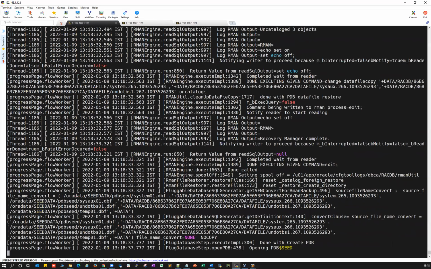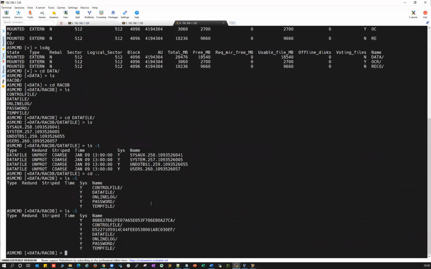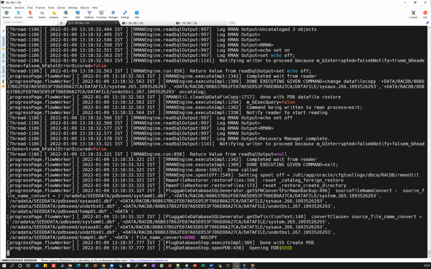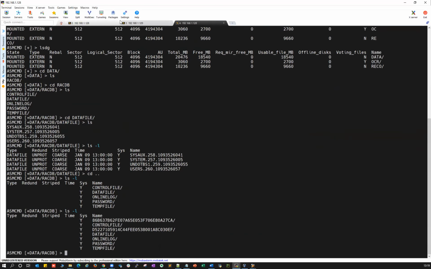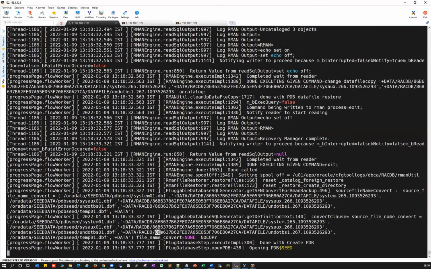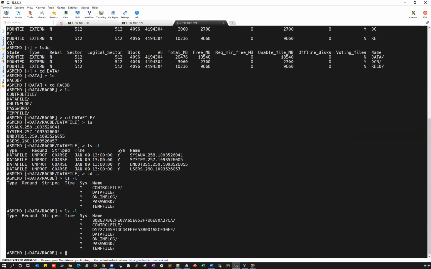After that it will create your PDB1, whatever you selected. If I go back here, ls -l, you can see your PDB$SEED, one is your root CDB, and another one is going to be your PDB1. Right now it is doing the PDB$SEED. I believe the PDB$SEED is this one, 86B6, and this is your root container. There's one more that is going to be your PDB1.